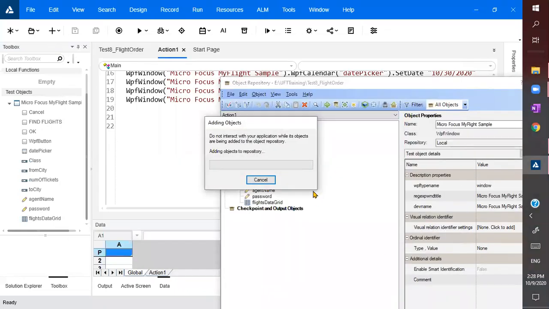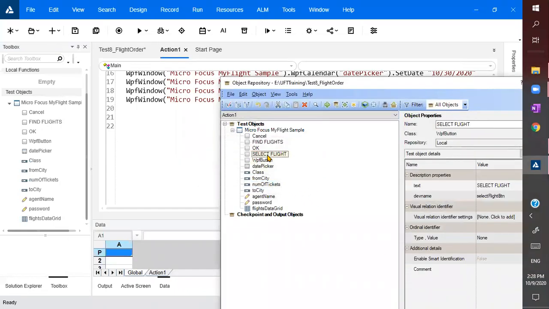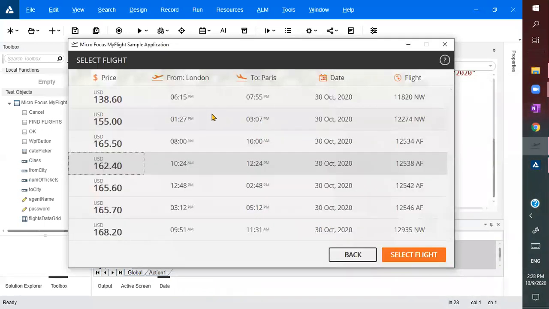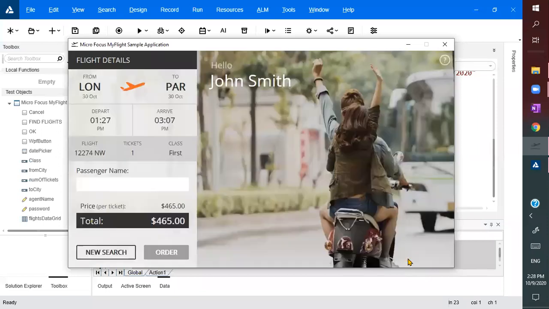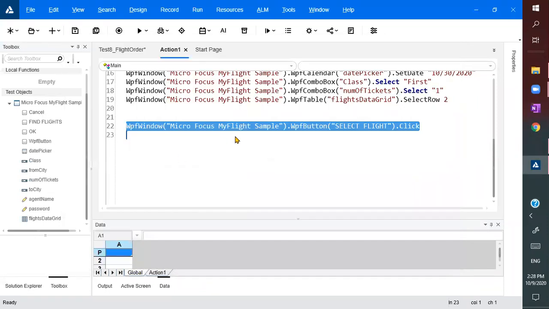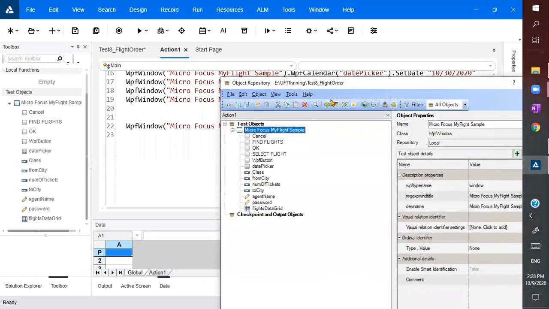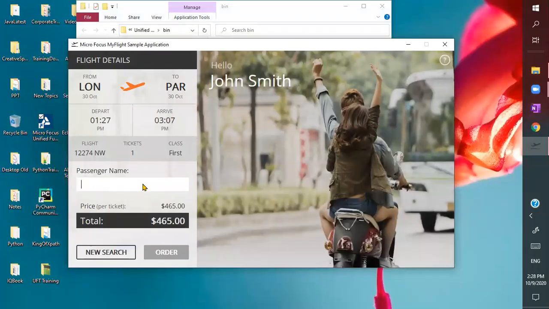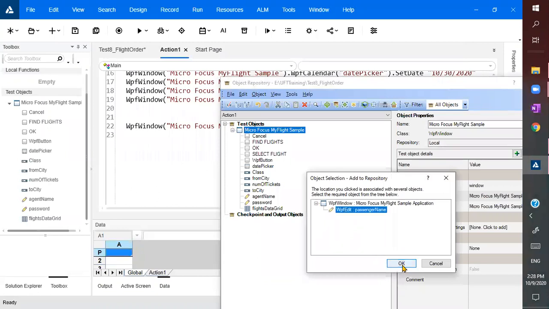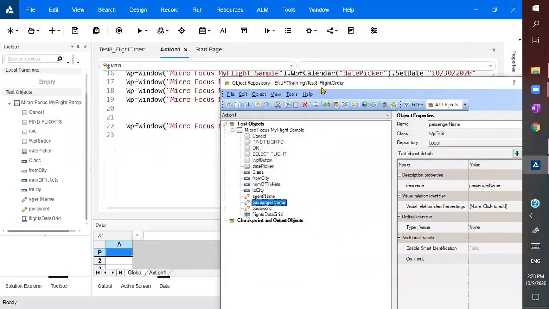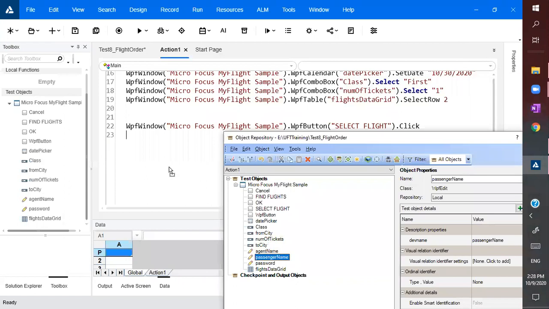Yeah. So we have a button that is select flight button. We are clicking on select flight button. So it is going to select the row and then clicking on select site, right? And then finally it asks for passenger name. Take it. We will get the passenger name here. Right. After giving passenger name,